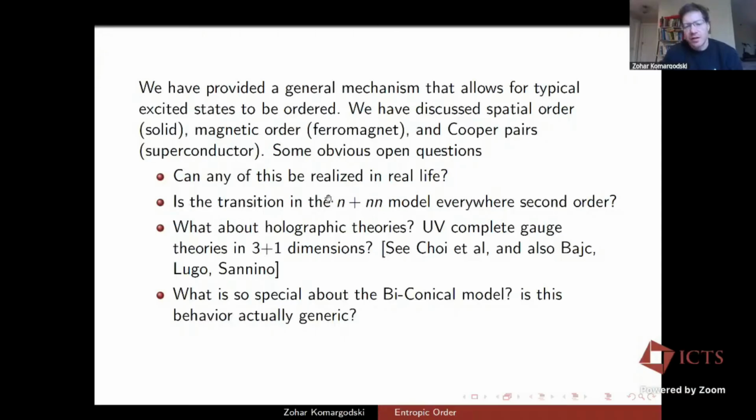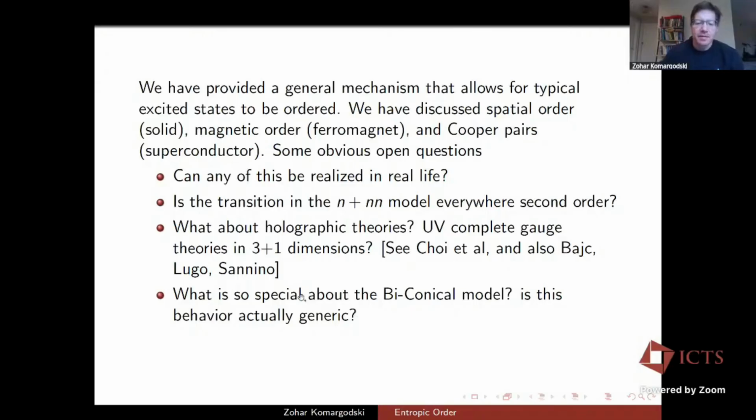There are lots of technical questions about the arithmetic Ising model, about this phase diagram. Can you prove it? Is it second order everywhere between the gas and the liquid, between the liquid and the solid, etc.? Now, all the examples today were in 2+1 dimensions. You can ask, what about 3+1 dimensions? What about gauge theories? I haven't discussed gauge theories. All the examples today were either scalar theories or just Ising type models.